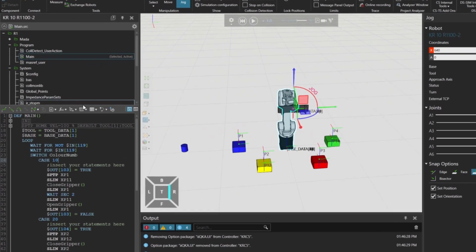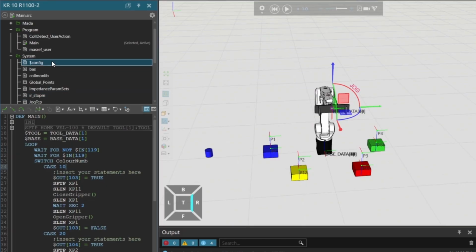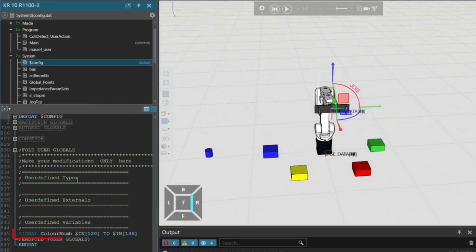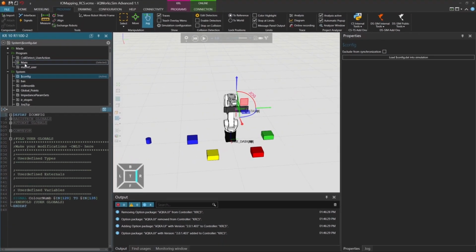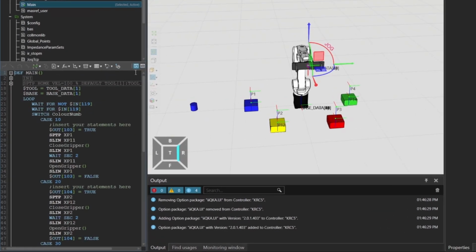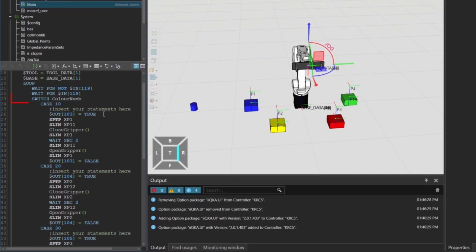The most important part is in the config.dat file. Here, we've declared a global signal called colorNum. This is an integer variable that's linked to digital inputs 120 to 135. That means we're using 16 digital inputs to represent a single integer value. Depending on the value of colorNum, the robot will jump to different cases in a switch case statement inside the